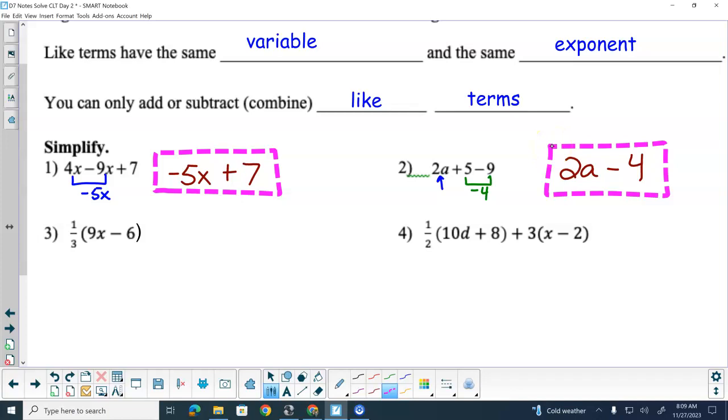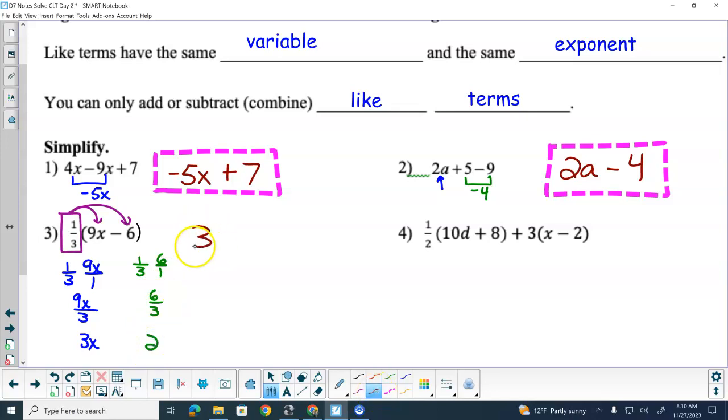Okay. Got to distribute first, so we take this 1/3 and we distribute it in there, and we distribute it in there. 1/3 times 9x over 1 is like 9x over 3. 9 divided by 3 is 3x. 1/3 times 6 over 1 is like 6 over 3. 6 divided by 3 is 2. So I get 3x minus 2 there, and nothing